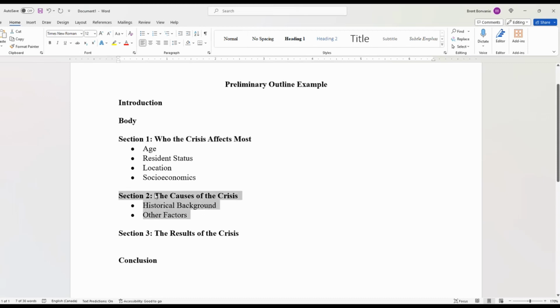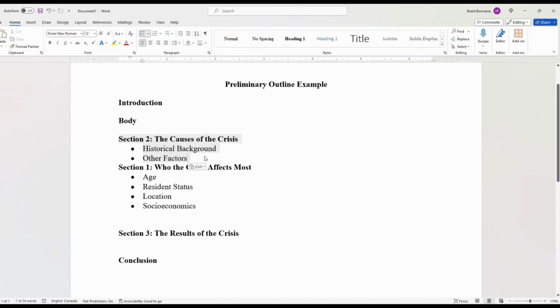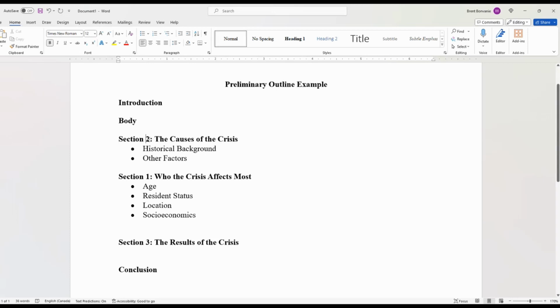Click and drag, or you can always just copy and paste as well. And let's just make sure that we organize this again so that it all looks the proper order. Section 2, voila. But click and drag, copy and paste to shift your outline into the most logical order for your topic. And again, this is about prediction.